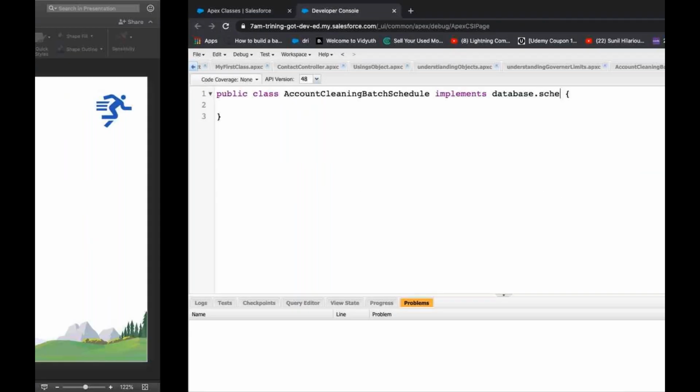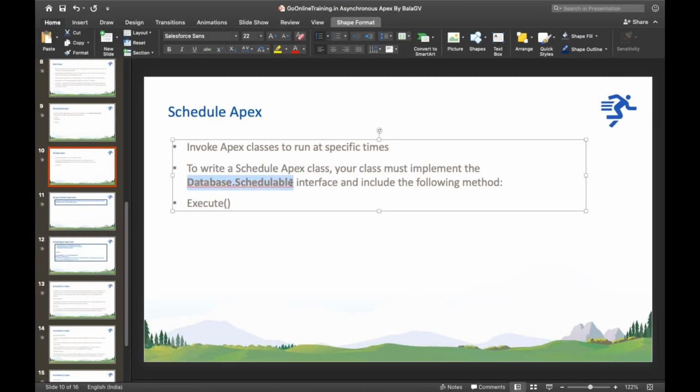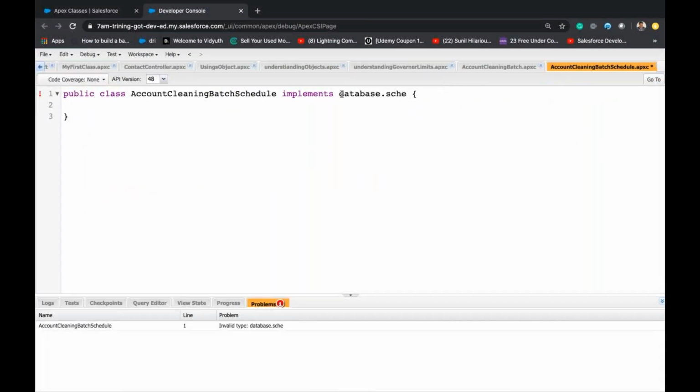I just want to copy paste. Okay. So once we have database dot schedulable,